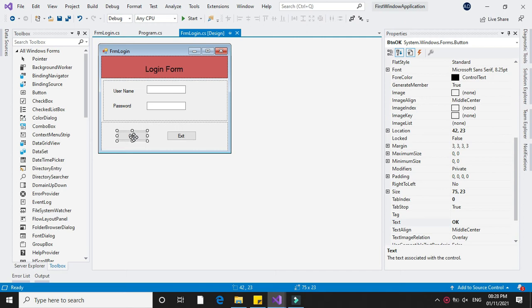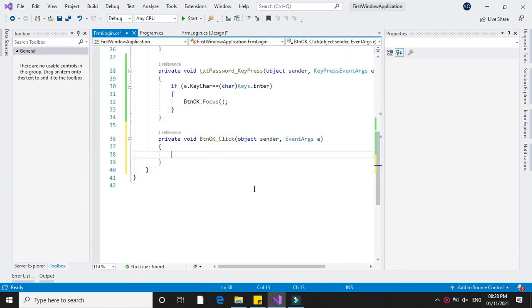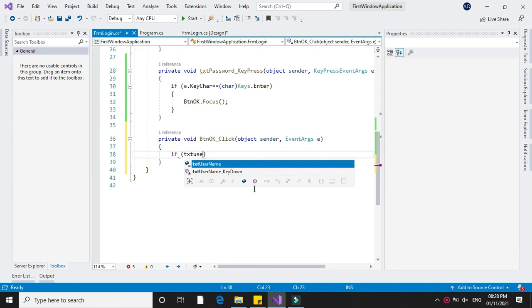Now to print the login OK, we have to check the values of username text box and password text box. If it is equal, login is correct, and if it is not equal, login is incorrect. So on button click event of OK button, I will check if txt username dot text equal to txt password dot text.